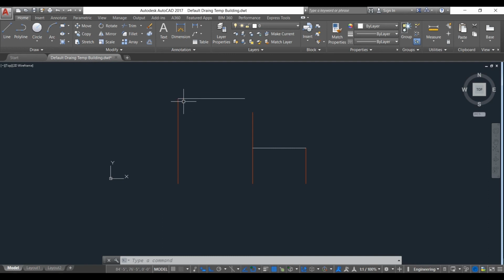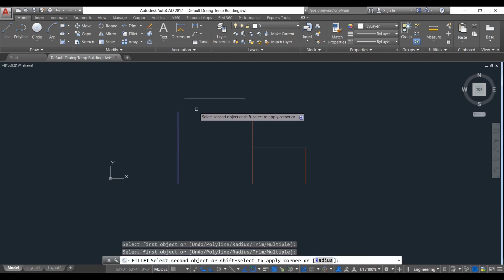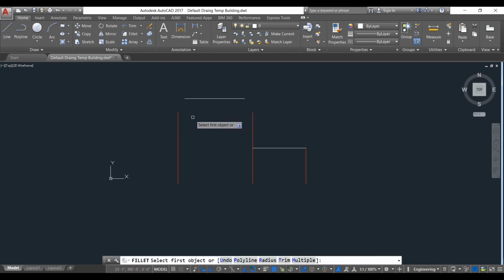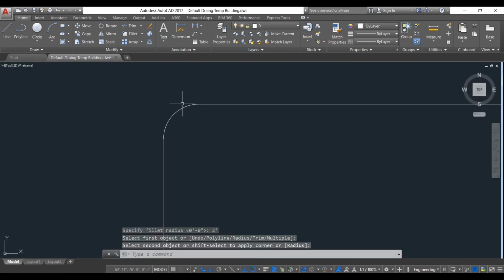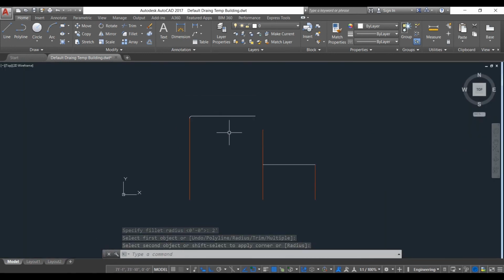If you want circular edges, then you have to put a radius. To do that, first choose the fillet command, then type R for radius, enter and give the radius. Suppose we want 2 feet, then select the objects. This is the angle which I want. This is how the fillet command works.